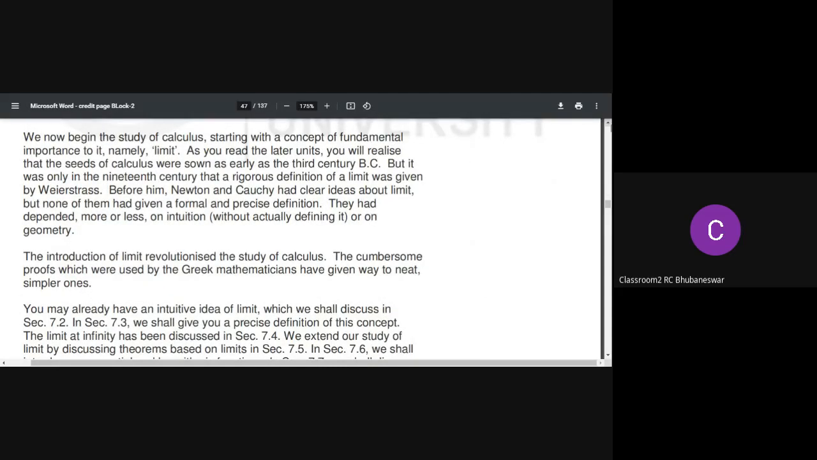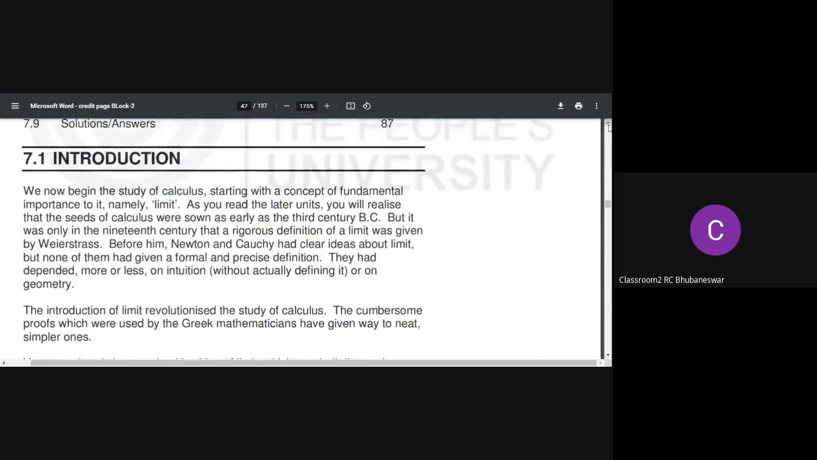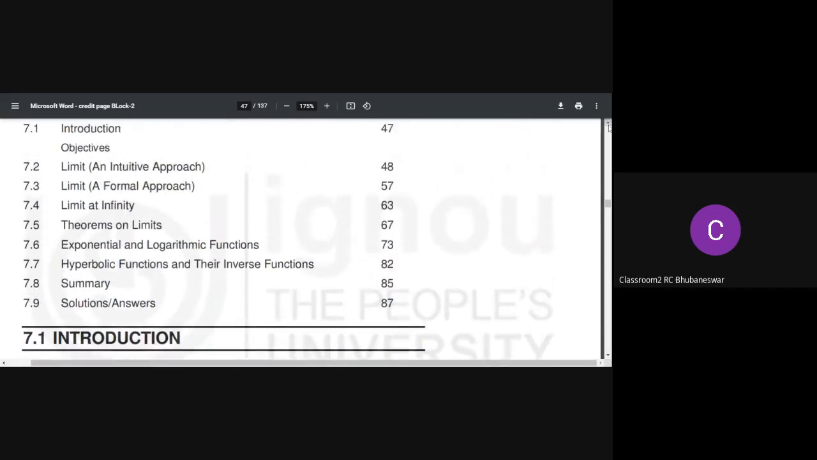So here in this unit 7, it is totally dedicated to the chapter limit, and the limit will be discussed in the form of an intuitive approach and in the form of a formal approach. And here, after defining the formal approach, we are able to discuss the limit at infinity, then some basic results which are listed in the form of theorems in the limit, and finally we move towards exponential and logarithmic functions, and the unit ends with hyperbolic functions and their inverse functions as well. So let us begin to discuss the